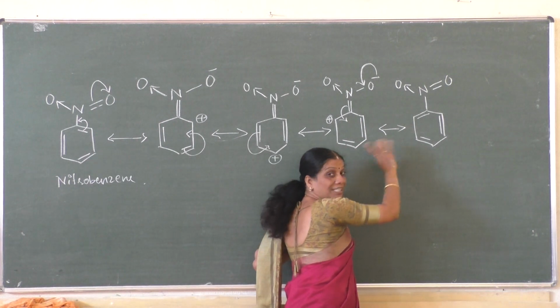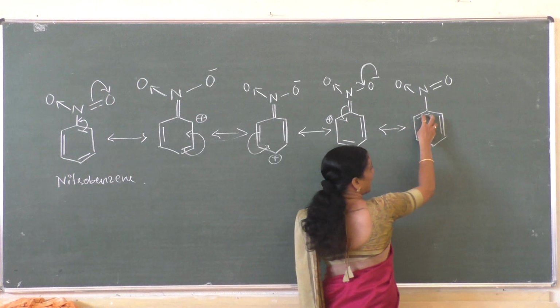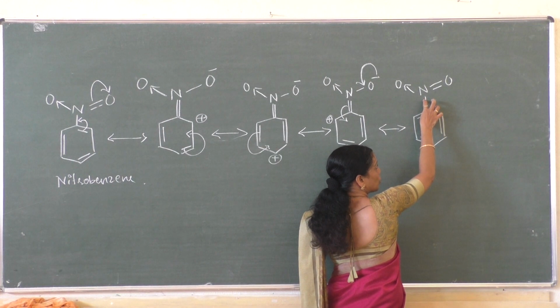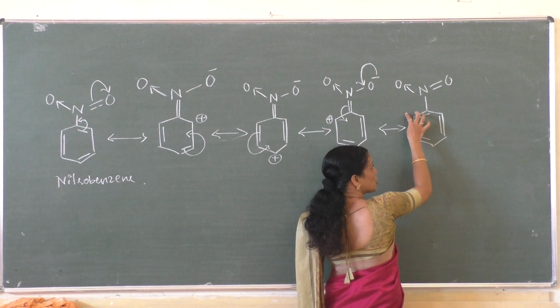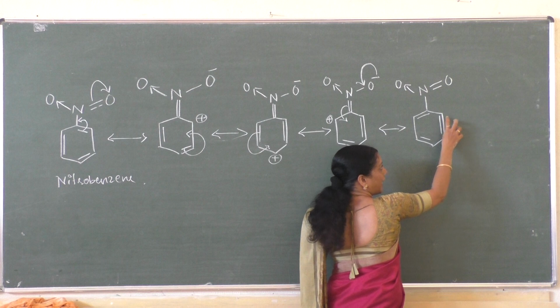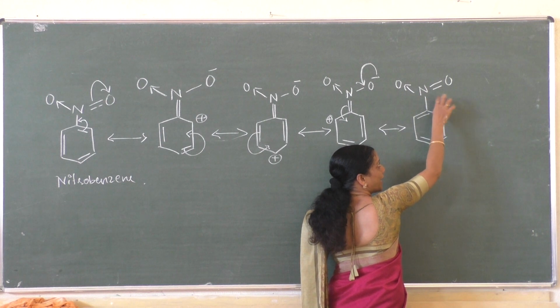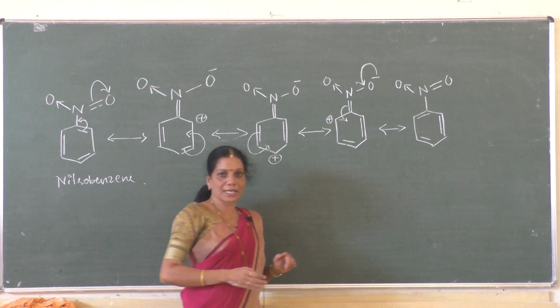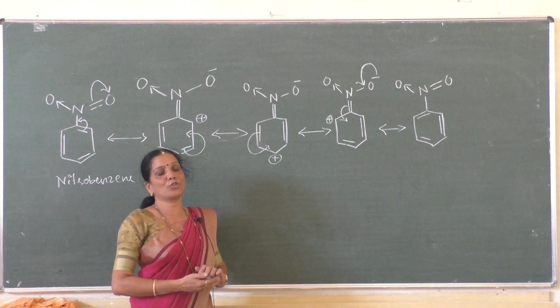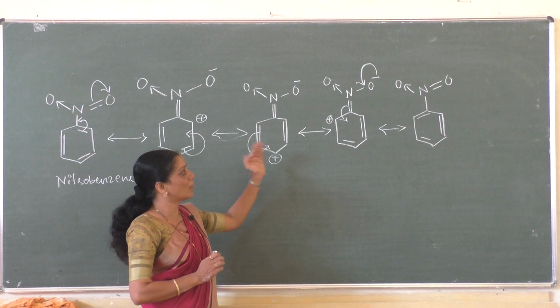The process continues in the molecule to attain stability. That means again the pi electron gets shifted to the nitrogen atom. This carbon becomes positive. Again a shift takes place here. This carbon atom becomes positive. Again a shift takes place to this position. This carbon becomes positive. Again the shift from the nitrogen atom. The process continues within the molecule in a fraction of a second to attain what?